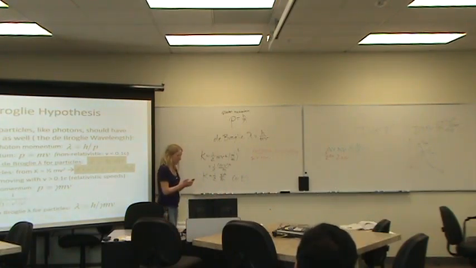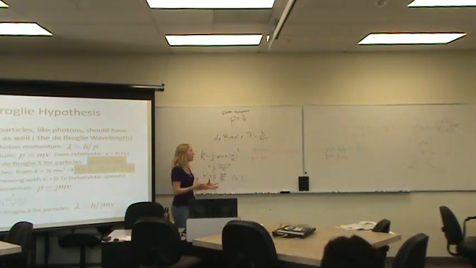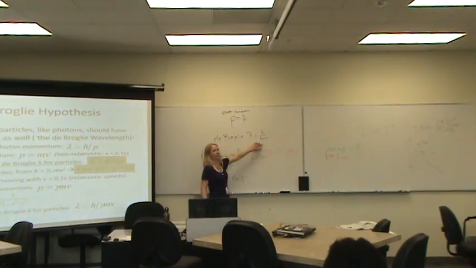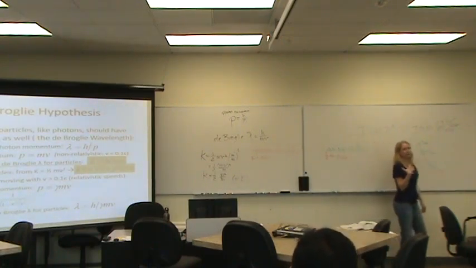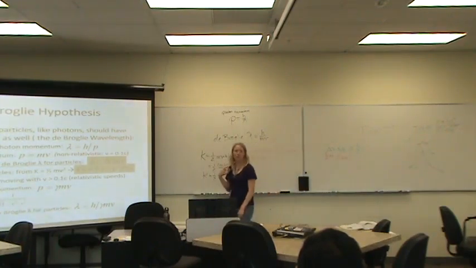So this all applies to particles rather than photons. Yeah. And at this point in time, it doesn't mean a whole lot. We're just getting the equations, but when you can actually use this stuff, you can take something that has velocity and calculate its associated wavelength. That's weird, right? If I have mass and I'm moving, then I can calculate my wavelength. I have a measurable, calculable wavelength, which is weird.